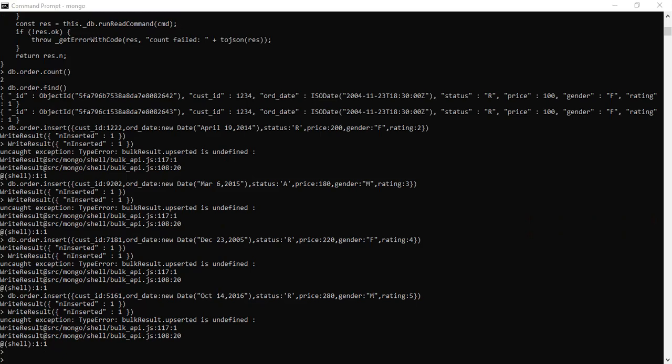That is the main purpose of the MapReduce functionality.